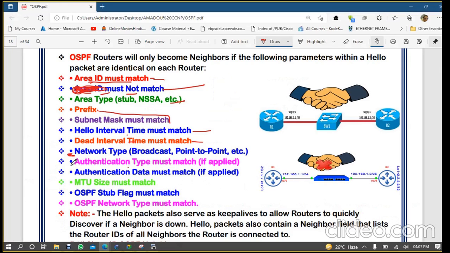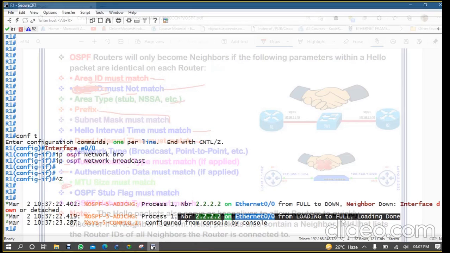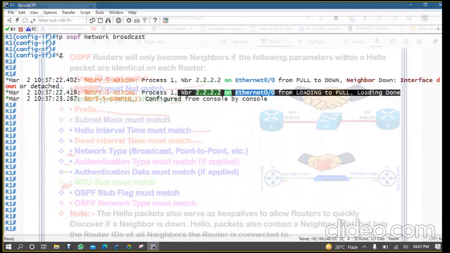Now if you come here, this is also okay. Authentication, you know the authentication, right? It's very simple. When we apply authentication, we will check. Now the main issue is MTU size mismatch. Let's work on this MTU size. By default, if you are coming here and checking on R1,